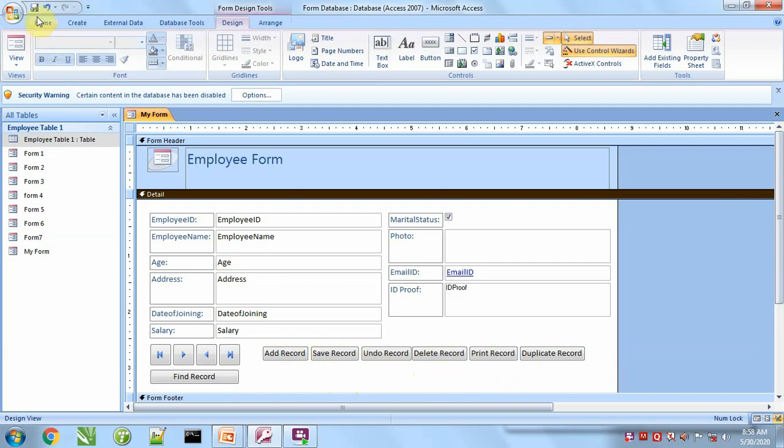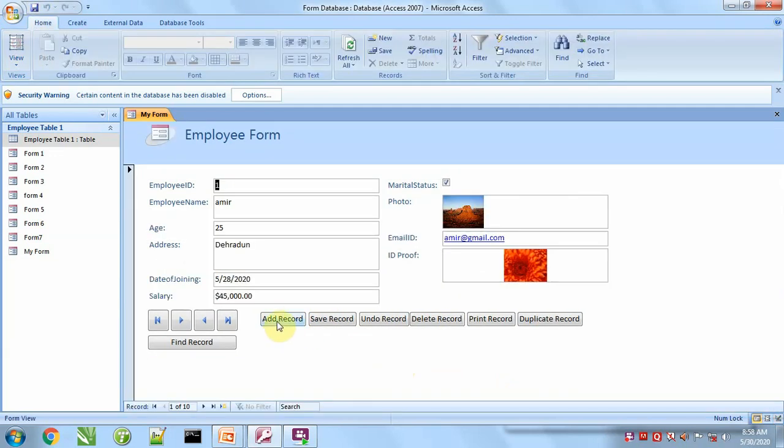Now we will see the practical. Add record will make all fields empty. Now we will add a new record.